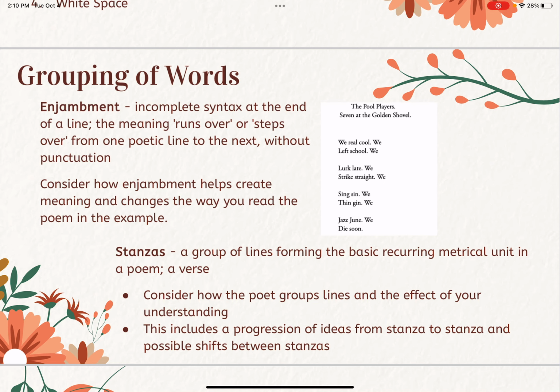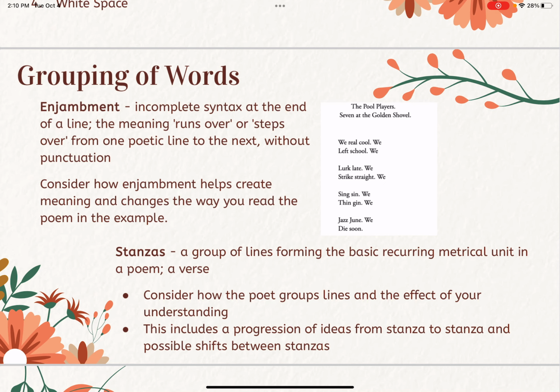I can't remember if this was on one of your vocab lists, but enjambment is when we have incomplete syntax at the end of a line, and therefore the meaning runs over or steps over from one poetic line to the next without punctuation. So if we look at the poem on the right, you can see a perfect example